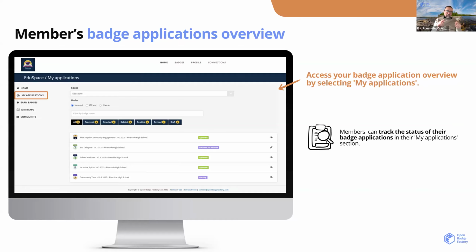It's much more accurate if you want to share the work between reviewers, or if you want to put your learners in different groups and assign different kinds of badges. You can do it easily with a space. It would require much more work with Open Badge Factory.